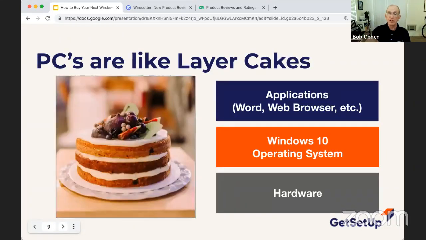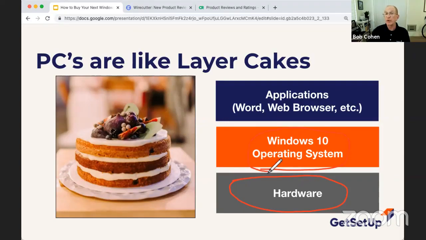Okay. PCs are a little bit like layer cakes. So you've got the hardware, and the hardware is very common. Most of the companies like HP, Dell, etc., buy components from computer companies like Intel that makes chips, or they buy disk drives from companies in China, and they buy memory and monitors, and they assemble these products together, and then they get the operating system from Microsoft, which is Windows 10.